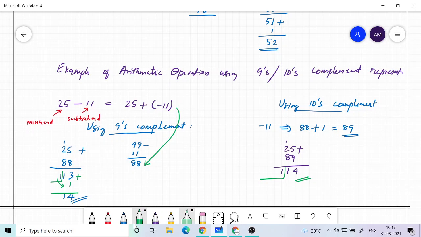So we have implemented two alternate ways, two algorithms. If you are using 9's complement, then add with the 9's complement. If carry occurs, you have to add that carry with the number. Whereas in the 10's complement method, if the carry occurs, you just discard it. You don't need to do anything more. You have the right answer in the 2 digits. Okay, so we know that 25 minus 11 is 14. So both are correct results.